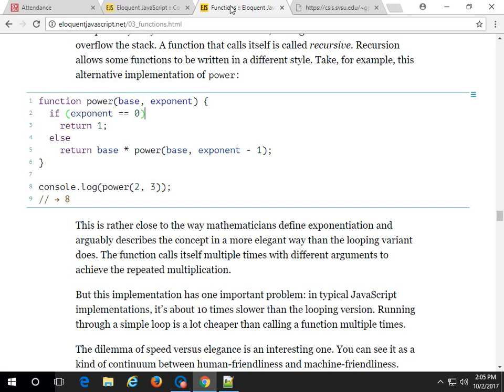So the first layer, the base is 10 and the exponent is 5. But it suspends everything, and now the base is 10 and the exponent is 4. Right? So it kind of has to wait again, right? Because we can't go any further. We have to evaluate this power. So now,